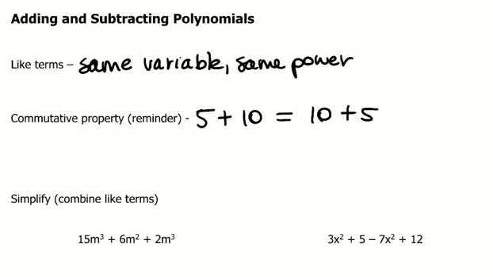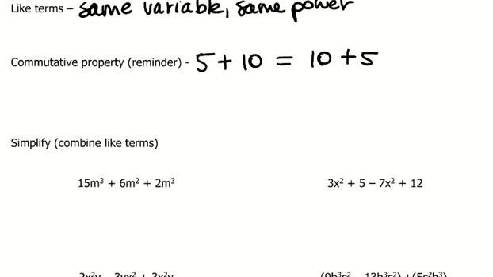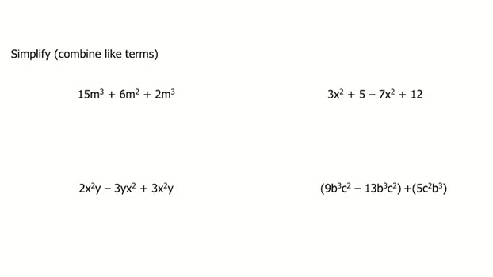Okay, today we're doing arithmetic with polynomials, which is going to be adding, subtracting, and multiplying different expressions with x and maybe y as well, or maybe some other variable. So remember that like terms are terms that have the same variable and the same power of that variable. And that the commutative property is that 5 plus 10 is the same as 10 plus 5. So what that's going to allow us to do is add a bunch of things that are added together in any order we like. So if we start to combine like terms over here, here we got a